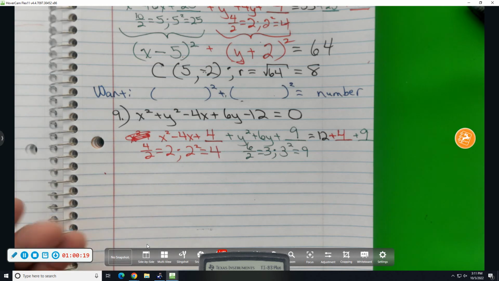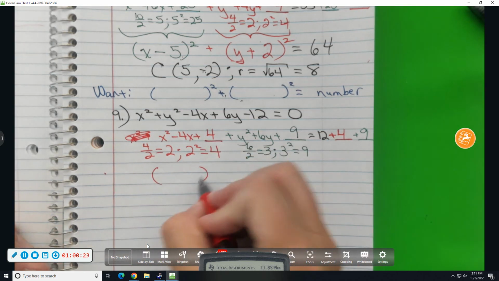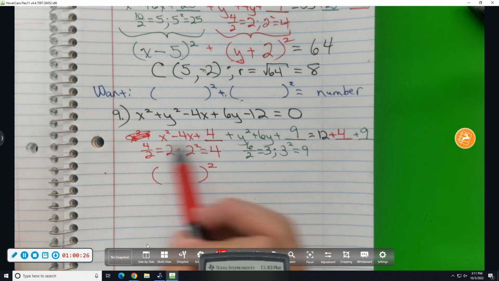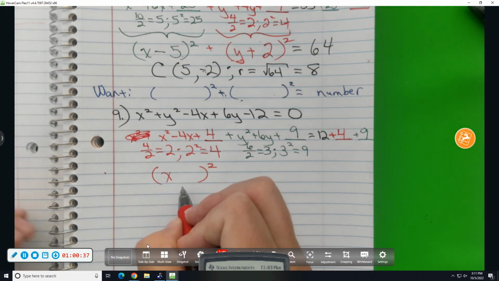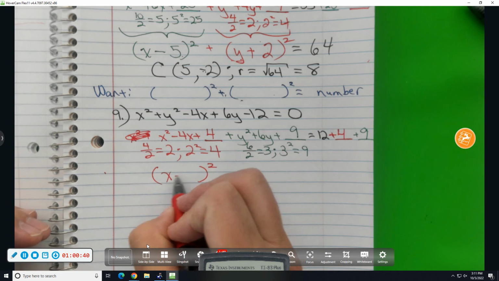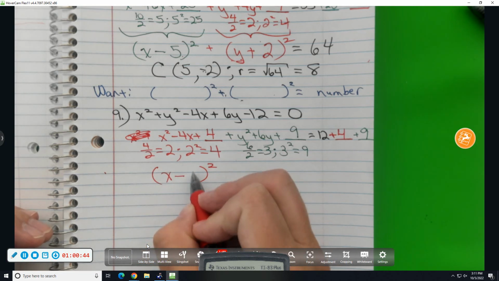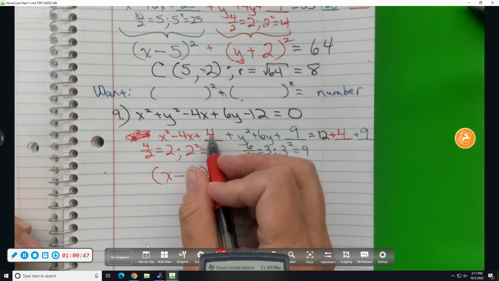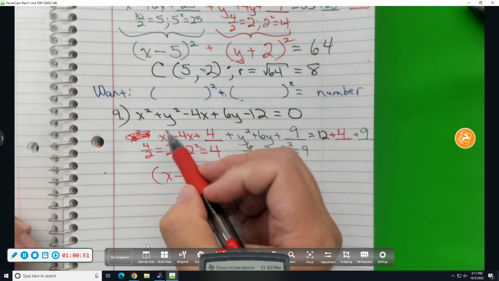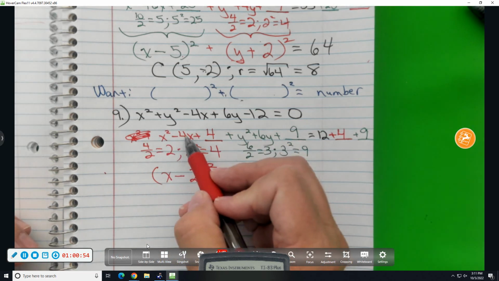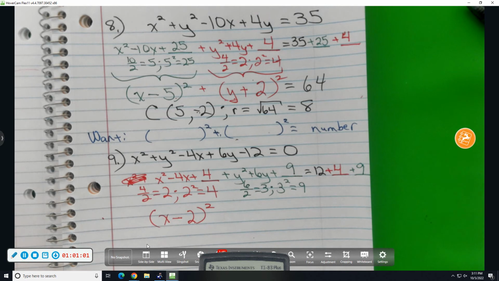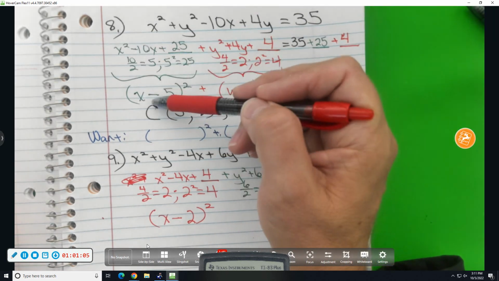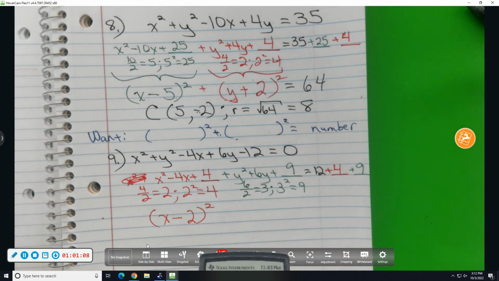x squared minus 4x plus 4 is a perfect square trinomial. It's going to factor as a quantity squared. What's going to go in the parentheses? I'm waiting. x. It's either a plus or minus. Number. Not 4, because if we put a 4 there, 4 times 4 would have a 16. Okay. Variable, sign, half of that number. Half of that number was 2. Notice it factors very nicely. Variable, sign, half of that number. Following that same pattern here, plus,